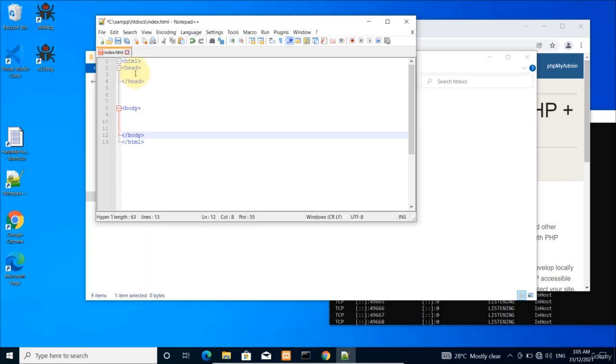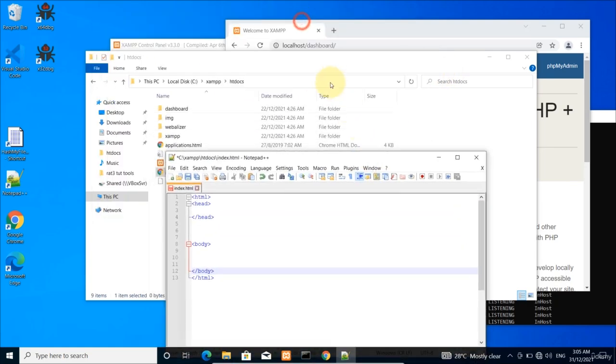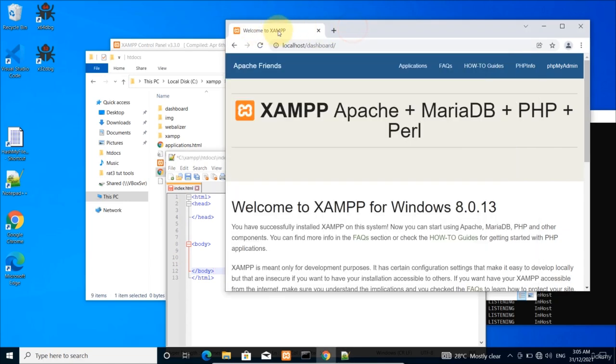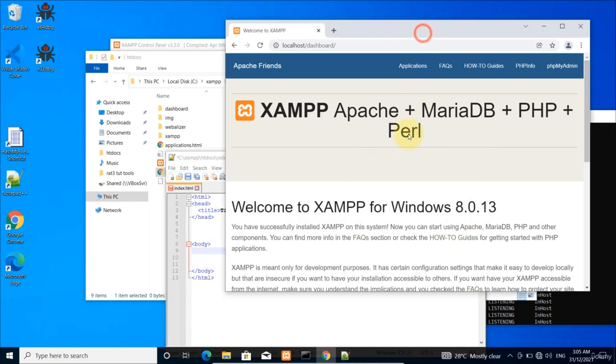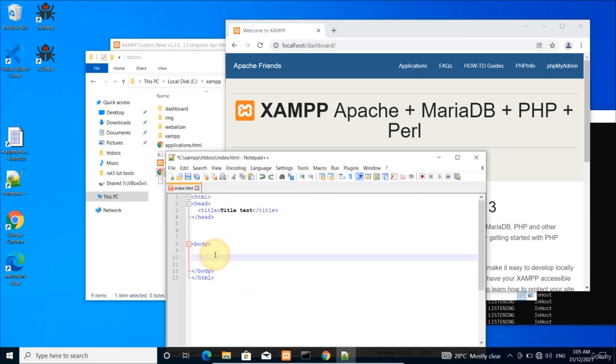The head will contain the title. The title will be showing up here in the title bar of your browser. So you can put a title, say title, like this. And then the body is what will be shown in the content of the browser. So here you can put a message. We use header 2. Header 2 means bigger font size,